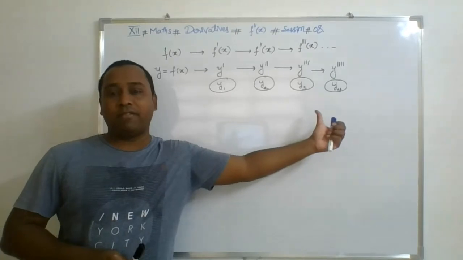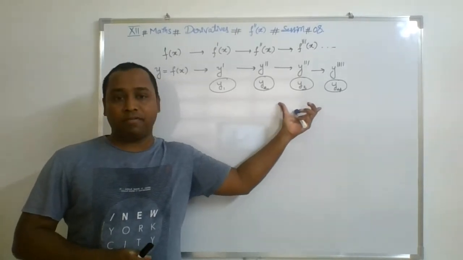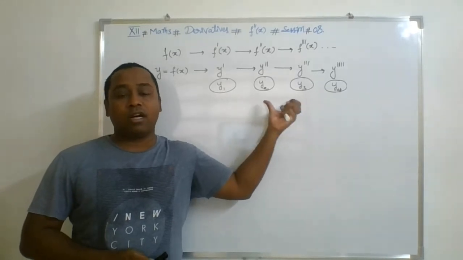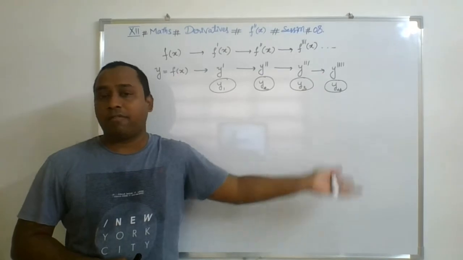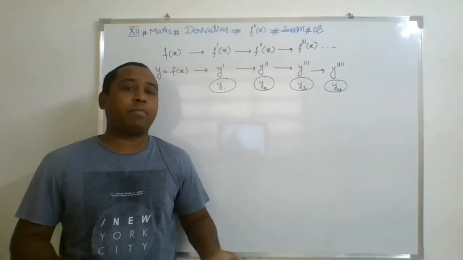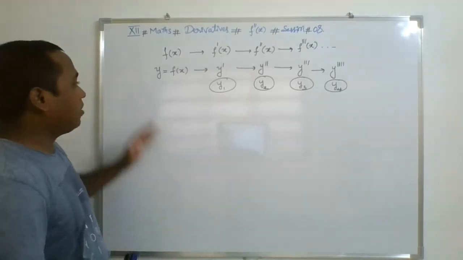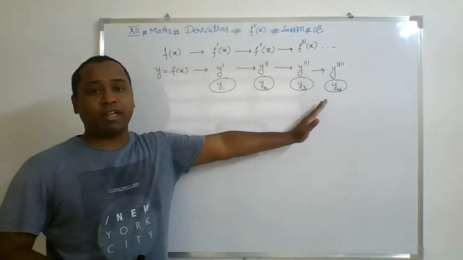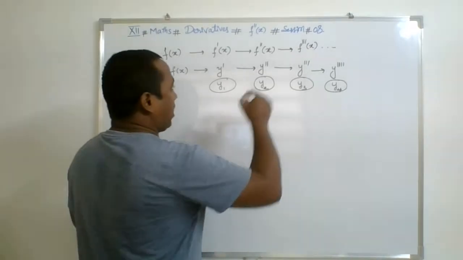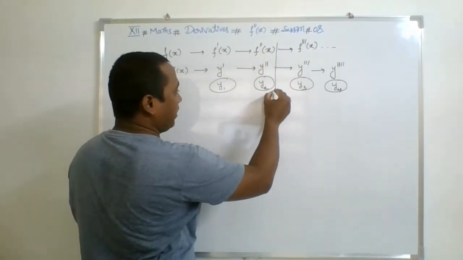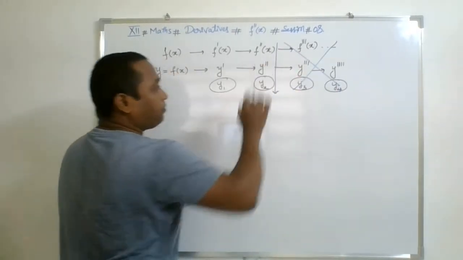So how far do we take the derivative? Up to the point where the value becomes a constant, and then thereafter if you are doing the derivative many number of times, it doesn't make any sense. So this is the way of denoting the higher order derivative. But in our syllabus, we are having only the double derivative still, so we are not focusing on this part.